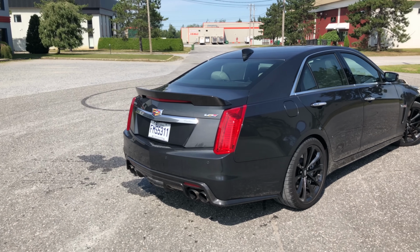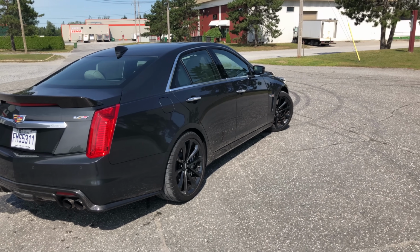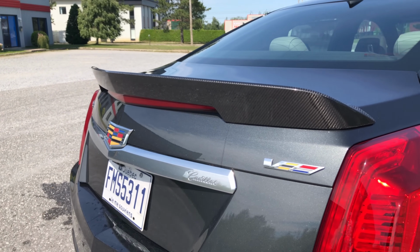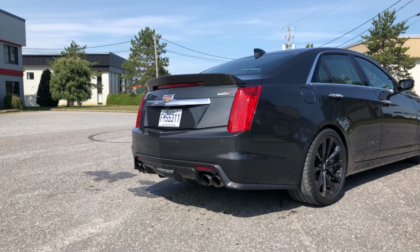I think that this car is so fast and can get up to speed very quickly that you do need to have some downforce on the back here. But I think it really just looks good. I mean, it's all carbon fiber. It has a good look to it, and really finishes well with this color. I think if you had a white car with the carbon fiber, it probably wouldn't look as good, but this dark color just blends in